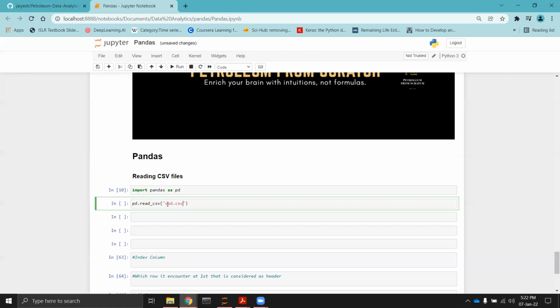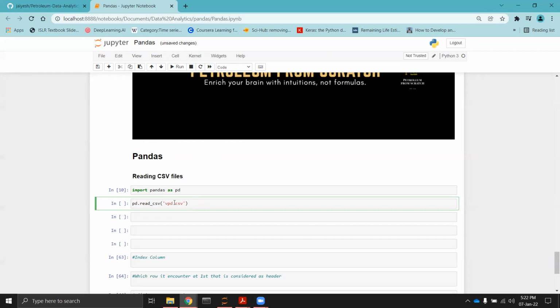I am directly writing vpd.csv because this CSV file is present in the same directory as this Jupyter notebook. But sometimes your working Jupyter notebook is in a different directory, and your CSV file or any other file is in another directory. In that scenario, you have to pass the whole path.